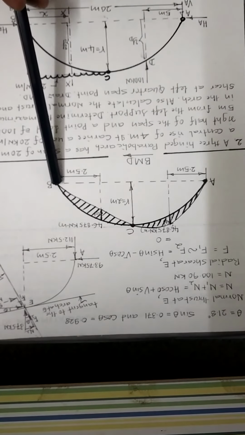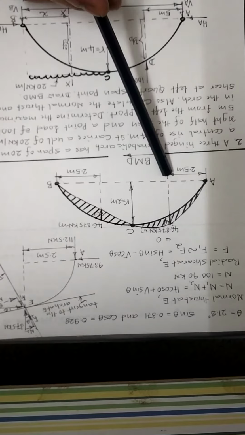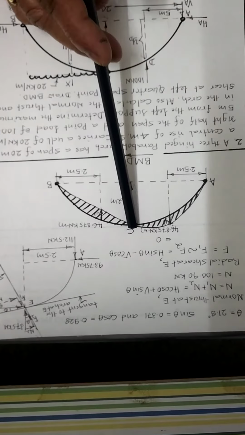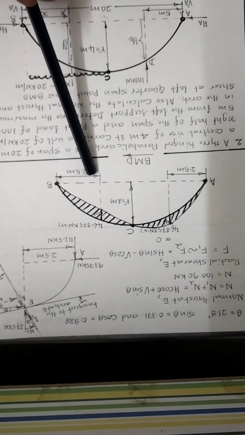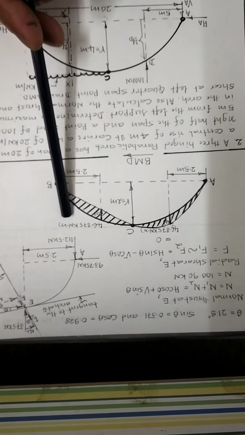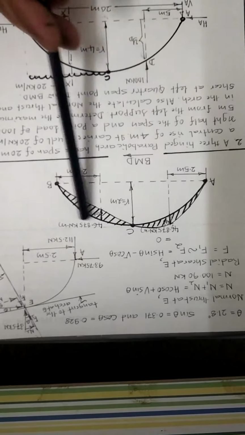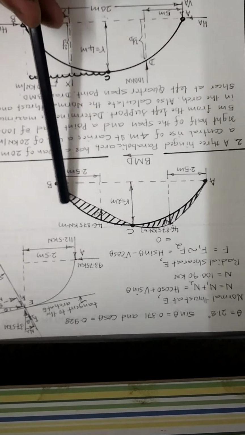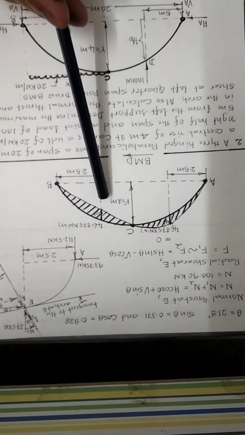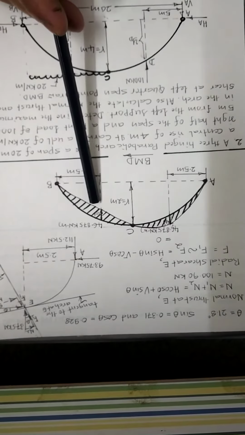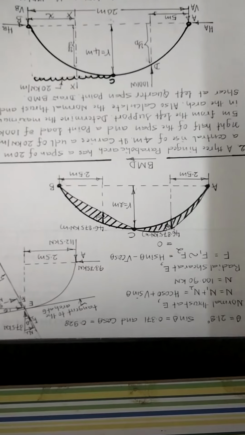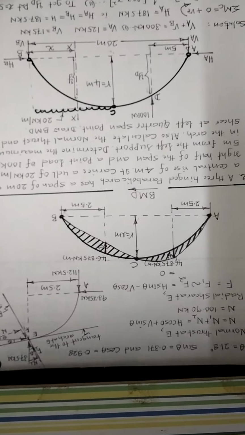Span of the arch is 10 meter. Bending moment is maximum at quarter span point. That value is 46.875 kilonewton meter in the portion AC. Similarly, the value of negative bending moment at quarter span distance is 46.875 kilonewton meter. In order to draw this diagram, you have to draw the reference line or datum line or axis of the arch. Mark positive values above the axis and negative values of bending moment below the axis. That's all the solution for this problem. Let us take one more example, problem number 2.